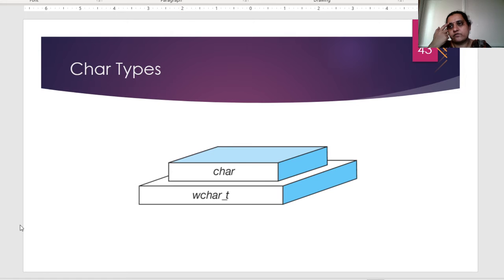Next is the character type. In character, typically you have char, which is the data type that is offered, or wchar underscore t. The main difference between these two is that char typically deals with the ANSI C family of characters, and these days Unicode and those types of characters are dealt with by wchar underscore t. But most of the time we'll be using char only for our purposes here. So let us get acquainted with the char keyword. Until now I gave you two keywords. One keyword is bool and the other keyword is char. Bool is for storing value 0 or 1, and char is for storing any particular single character.